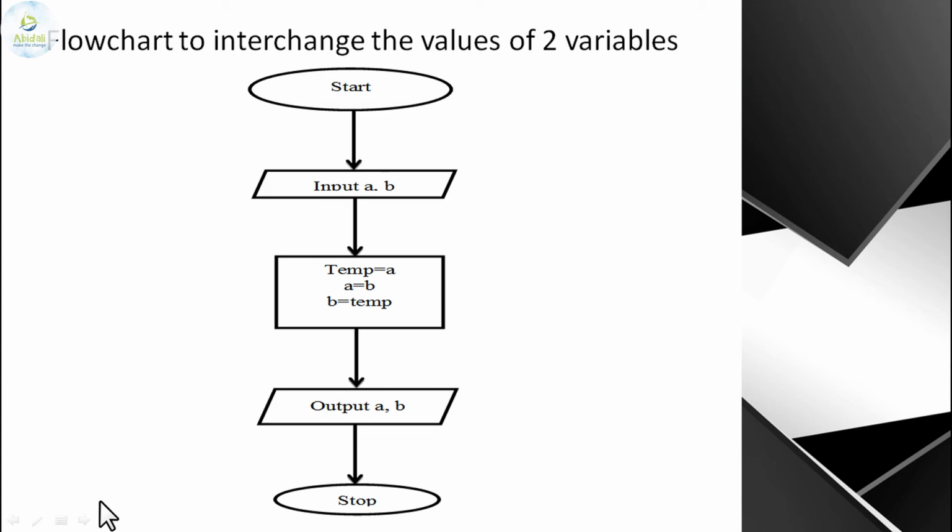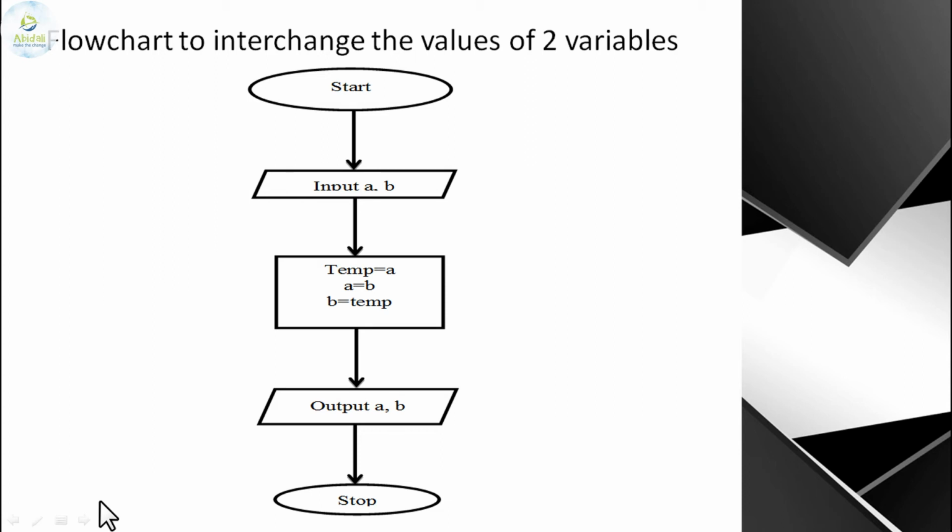The left hand side is considered as a variable or a data item, not the value. You consider the right hand side as the value. Similarly, in the second statement, you cannot consider A as the value; instead you consider B as the value. So A is equal to B. What is the value of B? B is equal to 10. 10 is given to A. Now what is the value of A? A is equal to 10. One value has been changed already.